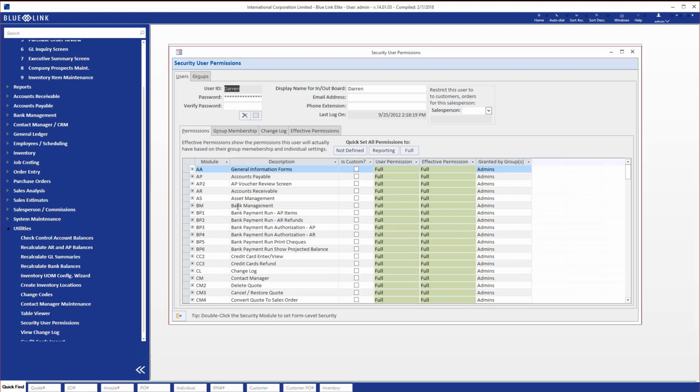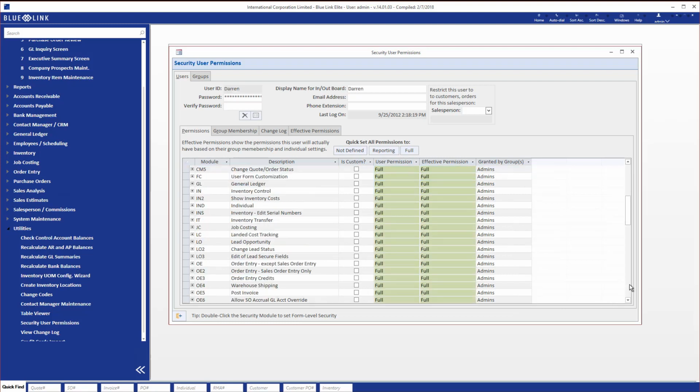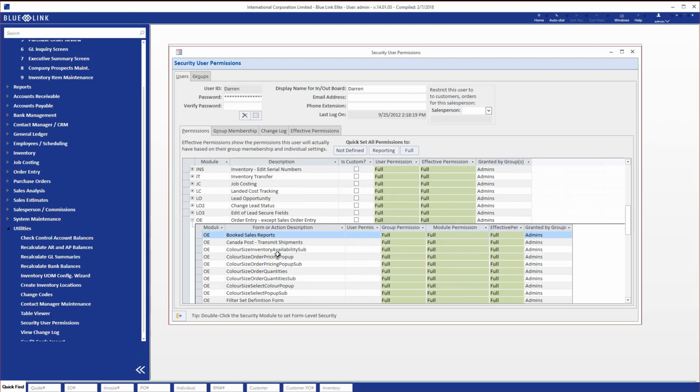functions. For example, on bank management, there are multiple different functions. If we scroll down for this particular user named Darren, you'll see that for order entry there are multiple functions, and for complex screens such as the sales order entry screen, we also give the ability to expand down to individual segments, or tabs, or sections, or panels of screens to decide what permissions users may have on those different